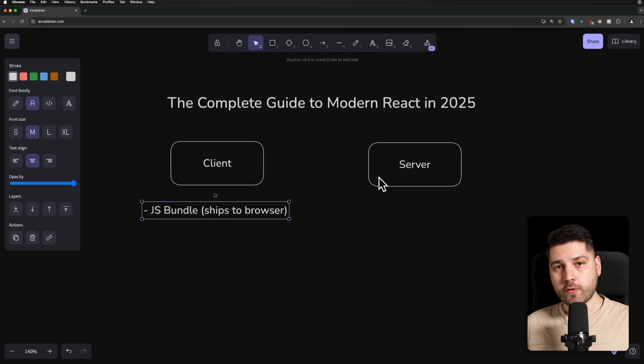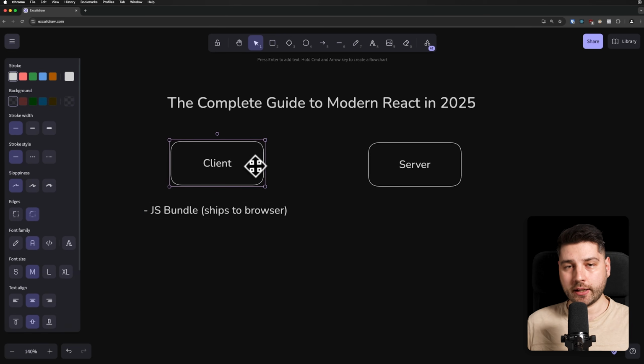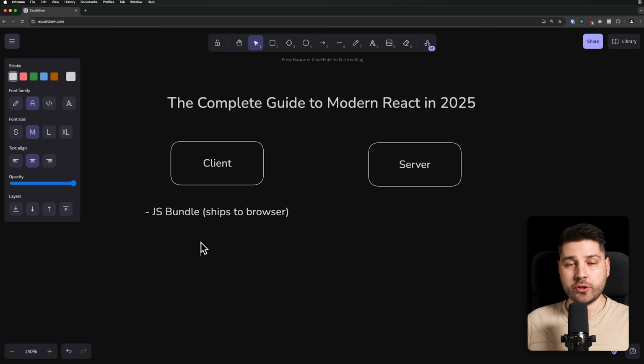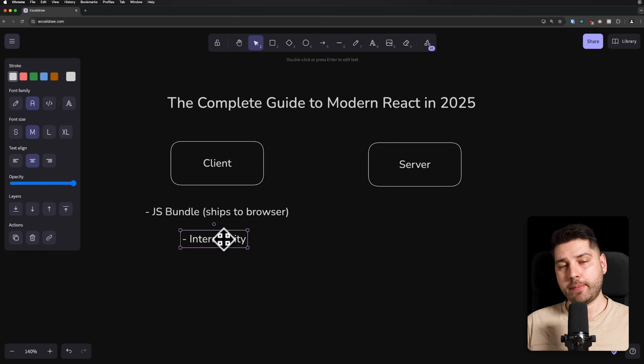When you think about the server, there is no JavaScript bundle, right? The JavaScript bundle is only on the client and it's because the user has to download it and run it on their browser. Now, because the JavaScript bundle is essentially JavaScript, it then allows us to do JavaScript things, like, for example, interactivity, right? Interactivity, things like clicking a button, typing on an input, responding to some sort of event, right? Putting on change, on submit, all of these events, these require interactivity,